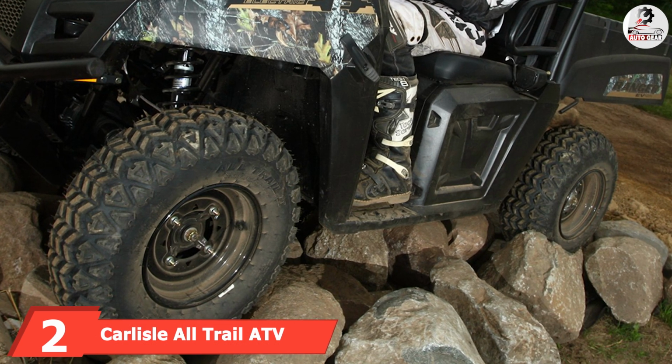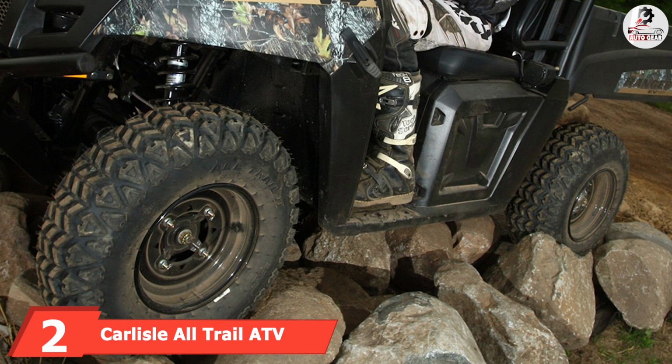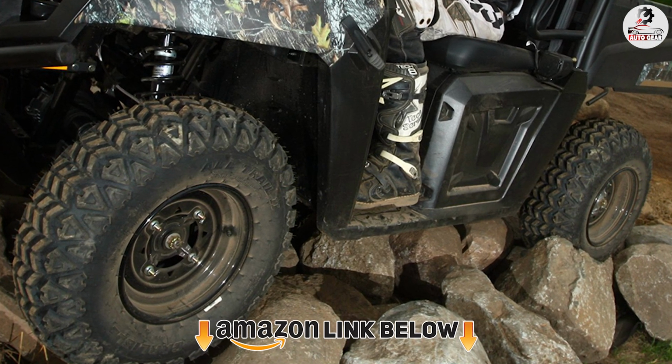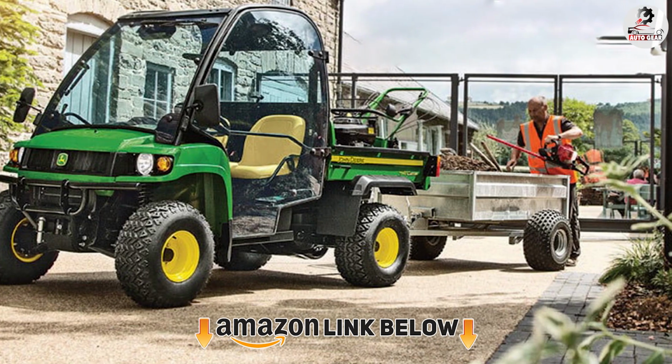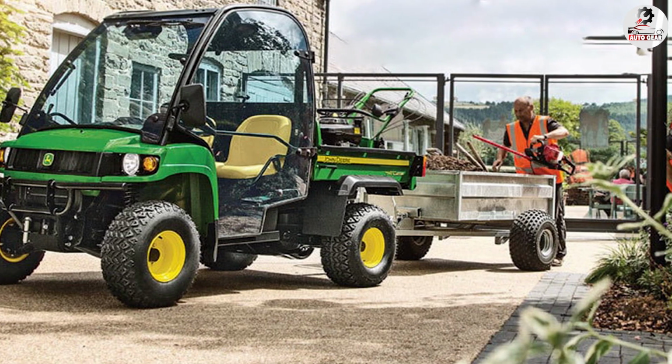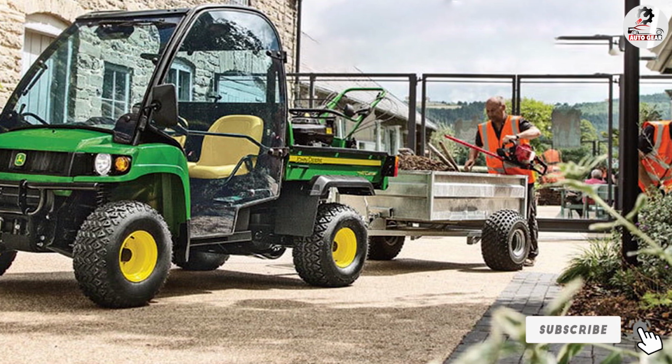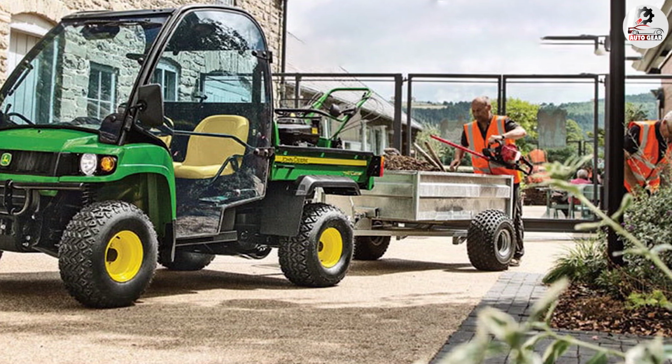Moving on to the next at number 2 with Carlisle All-Trail UTV. As its name suggests, the Carlisle All-Trail is designed to tackle most off-road surfaces, including dirt, gravel, sand, rocks, and mud. Unlike mud tires, the Carlisle All-Trail has a large number of lugs and grooves on the tread, which gives